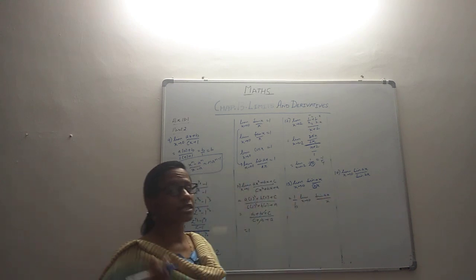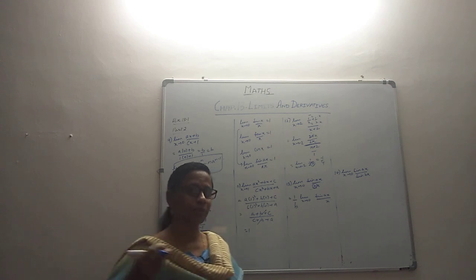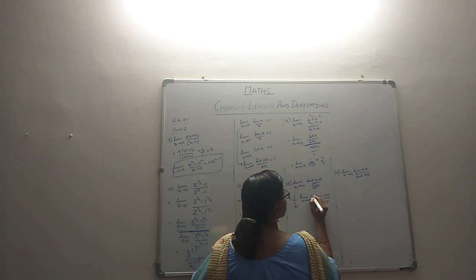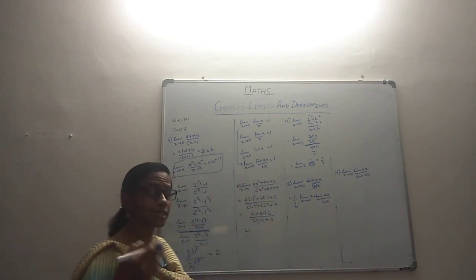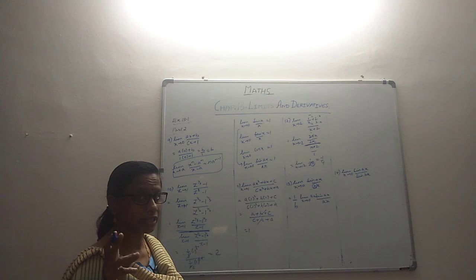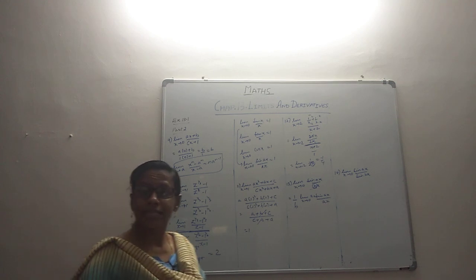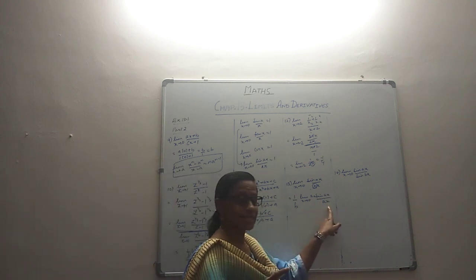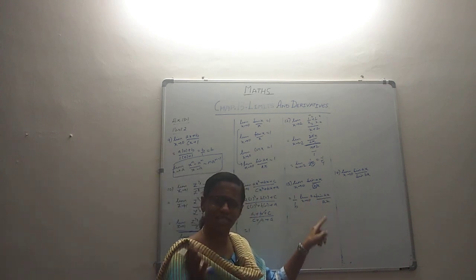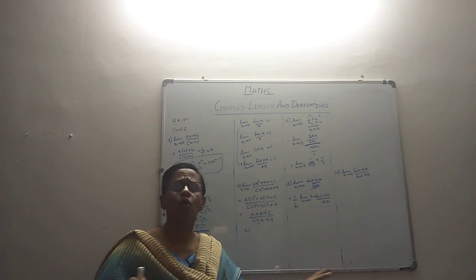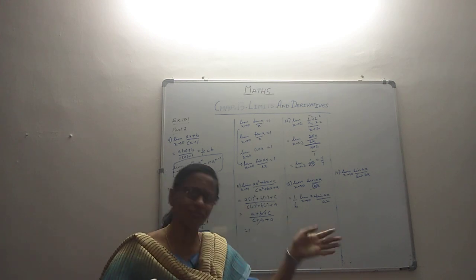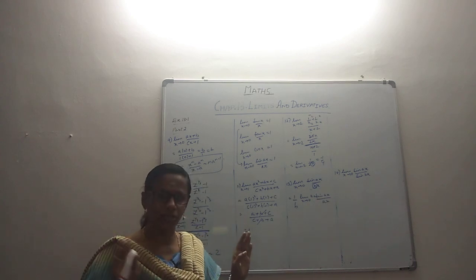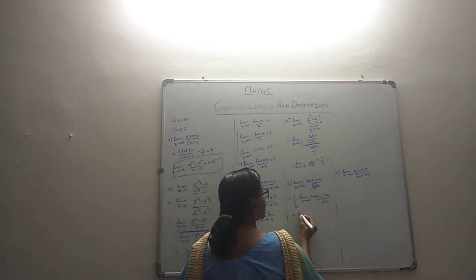Why? Because it gives us a chance to bring in a. Let's bring in a over here. Can we do that here alone? No. If we do that here, you should multiply also by a so that the value doesn't change. At the same time, you get the a there because we have to get the limit as 1. It's a great step here. Why? Because there are two advantages. One is that we have got sin ax by ax. The other advantage is a is a constant. It will not create any trouble. It will move out of the limit. It's like a filter, and it will not trouble that limit at all. So it will move out and it will become a by b.